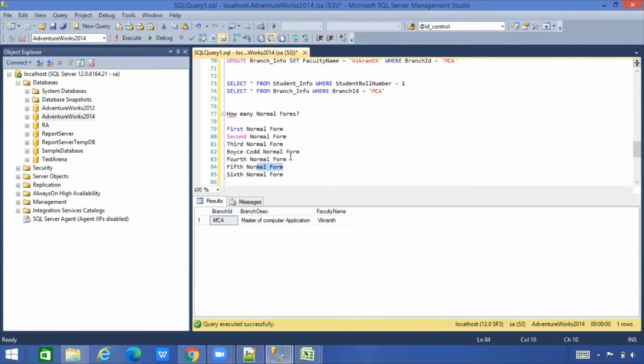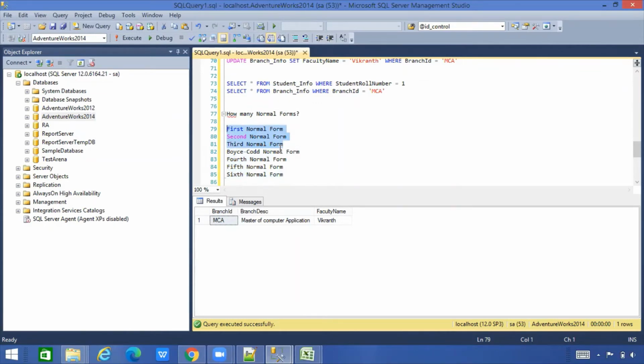You can see it is important for each and every individual who's going through this course to understand the first 3 normal forms, because most of the projects today in real time, they hardly use these 3 normal forms. We don't go for Boyce-Codd, and we don't even go for this. Though we have got these normal forms, we never use them. So I'll be concentrating a lot on the first 3 normal forms. If you understand this, it will be easy for you